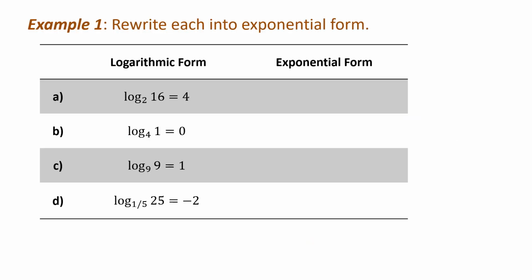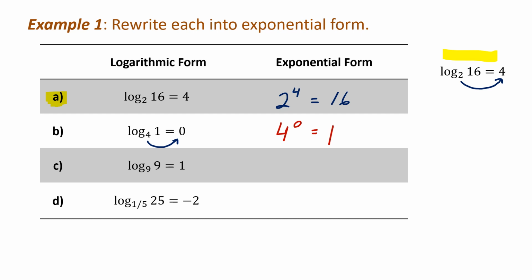Example, rewrite each into exponential form. So if you look at the first one, we have log base 2 of 16 equals 4. So I wrote it on the side here, and if you make an arrow like this, it may help you out. Then you can see that 2 to the 4th power equals 16. That's it for that one. For the second one, same thing. Make an arrow. So I can rewrite it in exponential form as 4 to the 0 power